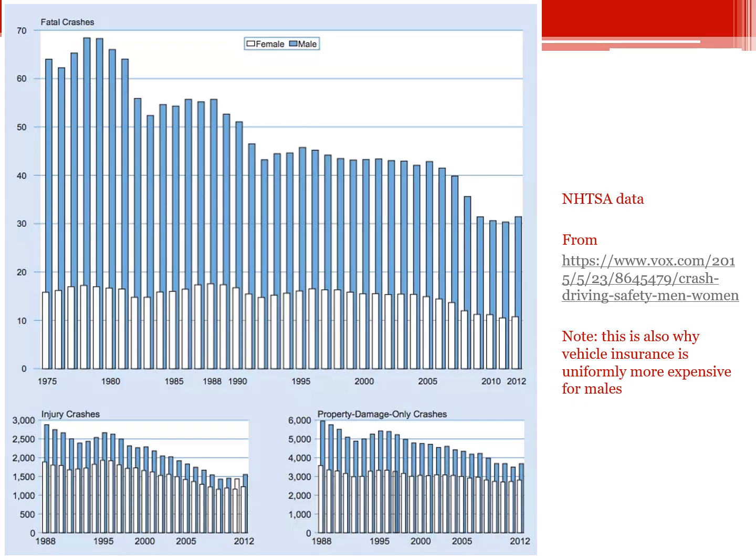One more illustration of this. This is fatal injury crashes per 100,000. You see that around the years 1979 and 1980 were the highest rates for these, and then they've been steadily going down. But you also see there's a profound gender difference because the blue bars represent males, the white bars represent females. That the rate for females has consistently been between 10 and 20 fatal crashes per 100,000, whereas for males it's gone up from near 70 to down around 30,